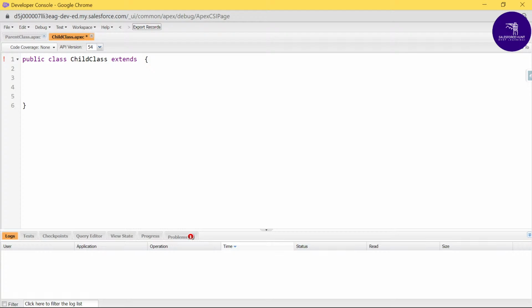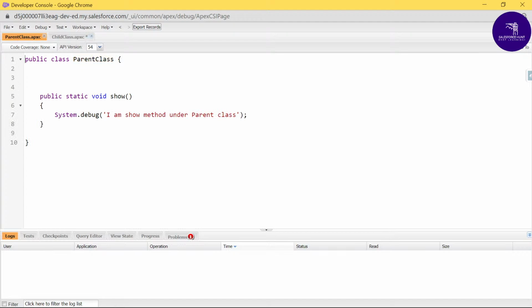Okay, now here you can see the child class extends, and after that you have to give your parent class name here, like that. So all the functionality in the parent class comes automatically under the child class. That is the rule of inheritance. First of all, we have to define this class as virtual. If you want to achieve any functionality from one class in another class, you have to define this class as virtual, right? So how to define it: public virtual